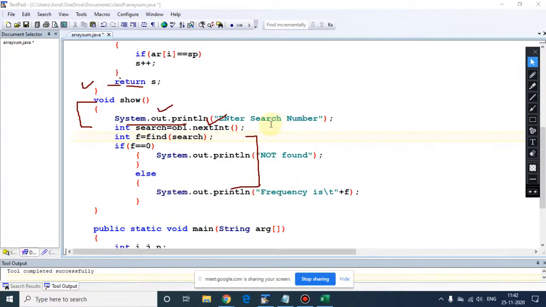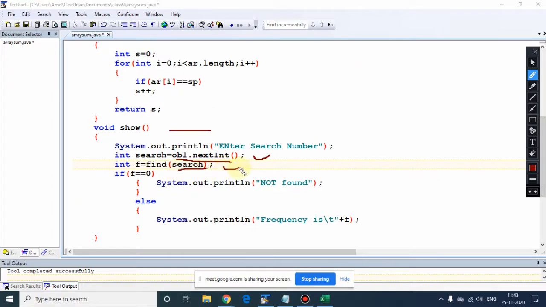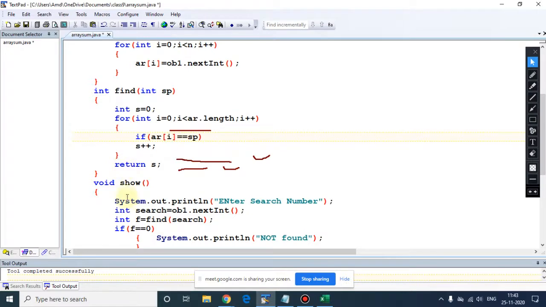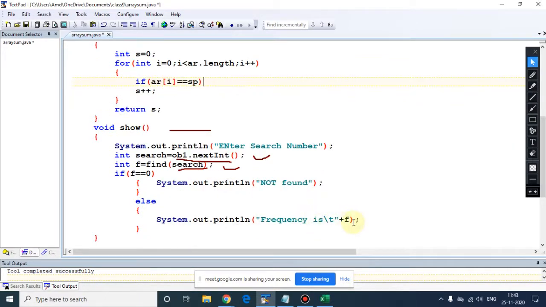See, in the show method, I have entered the search number. So ob1 dot nextInt directly we can use, because we have declared this ob1 in the global area. So that find we are calling, and at the same time we are passing this. So this method find is returning to the show method, and if the condition is true, then not found, else frequency is this.